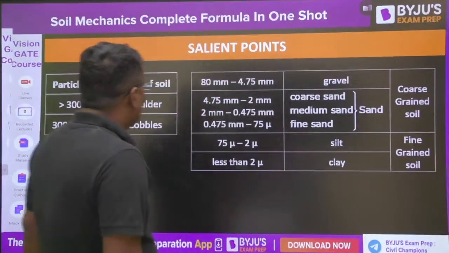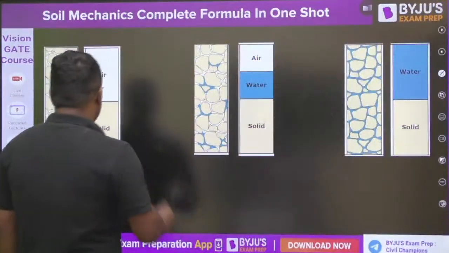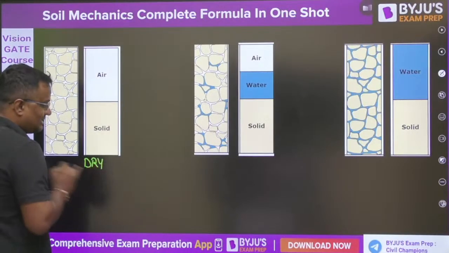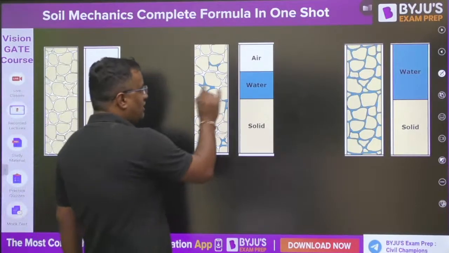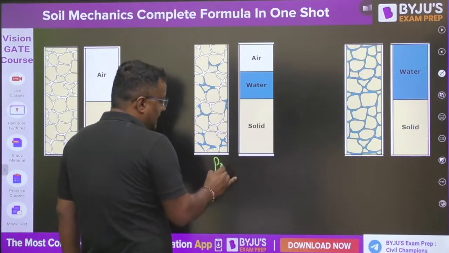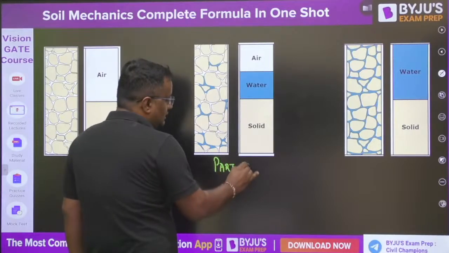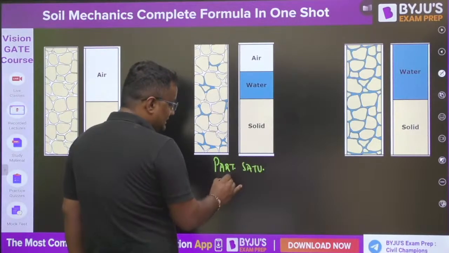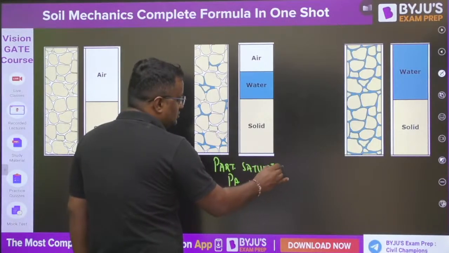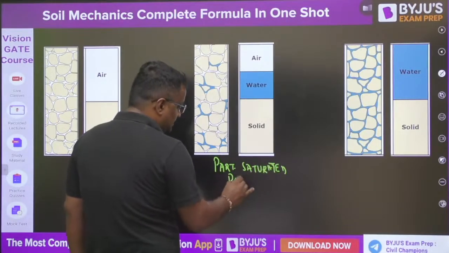Yes. Moving further, guys, this is a dry state. Not Gujarat guys, dry. This is when voids are filled with water, and some are water, some are air. So it is called partially saturated. A new name is also coming in the market these days, that is partially dry. Okay, sometimes students get confused by seeing the word partially dry.